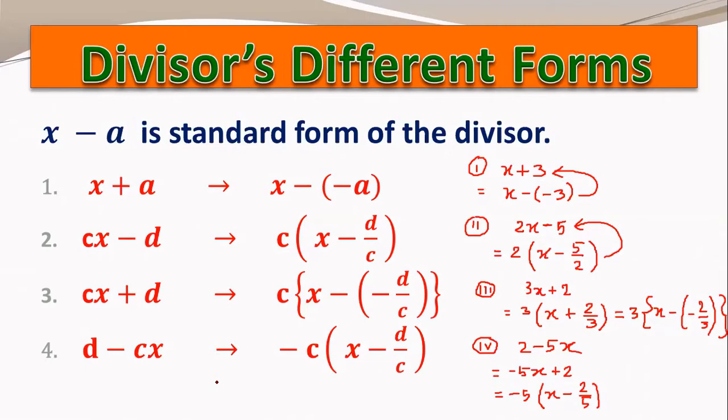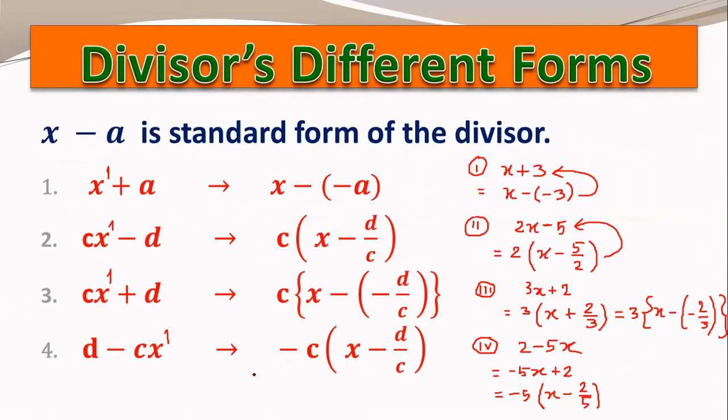And as I discussed earlier, all the divisor forms that we have seen here have degree 1, degree 1, degree 1, and degree 1. So it is very crucial to understand that the synthetic division method is applicable only when the divisor's degree is 1. In other cases, we cannot use the synthetic division method. Whatever the degree of the dividend polynomial, the divisor should be of degree 1. So now after being clear about all these different forms of the divisor, let's talk about examples for each type of divisor